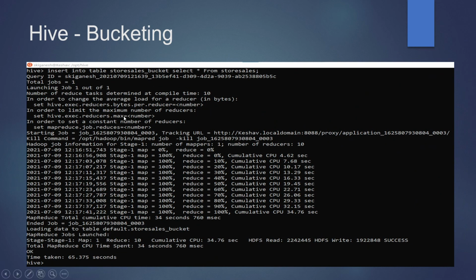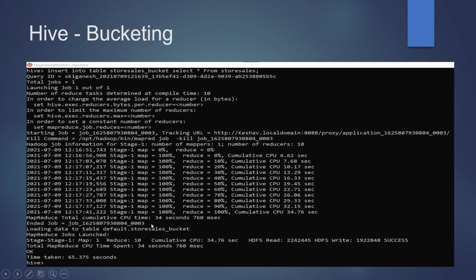This is the process happening while we load the bucketed table. It shows we have one mapper and 10 reducers, due to we have 10 buckets.